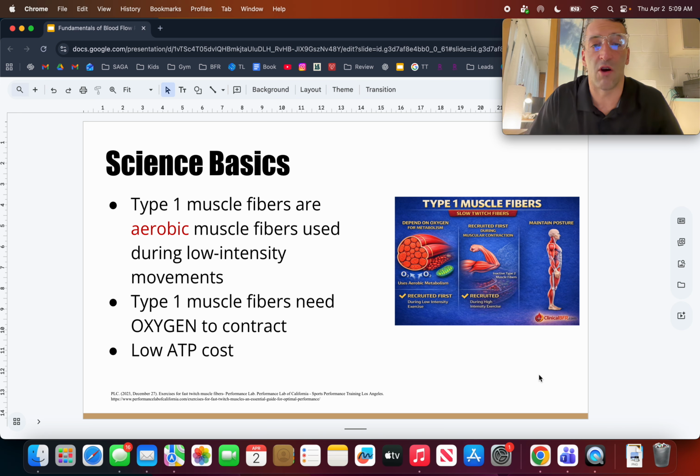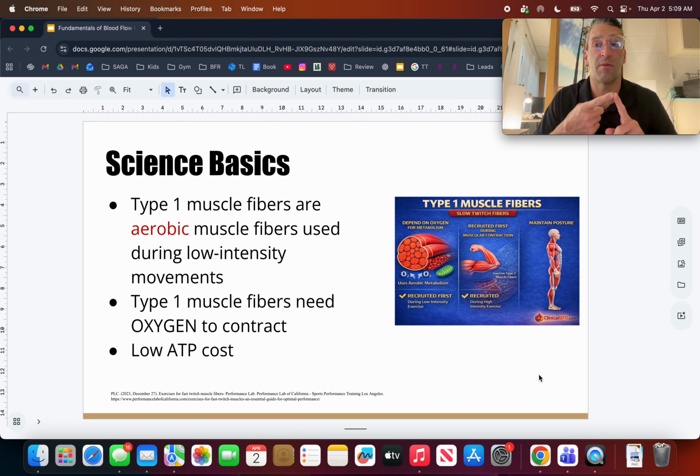Type 1 muscle fibers are aerobic muscle fibers used during low-intensity exercise. When we think type 1 muscle fibers, we're thinking marathon runners. Fatigue resistant and low force production. Absolutely. 2 other very important things. These are probably most important in my mind when it comes to type 1 muscle fibers and their role in